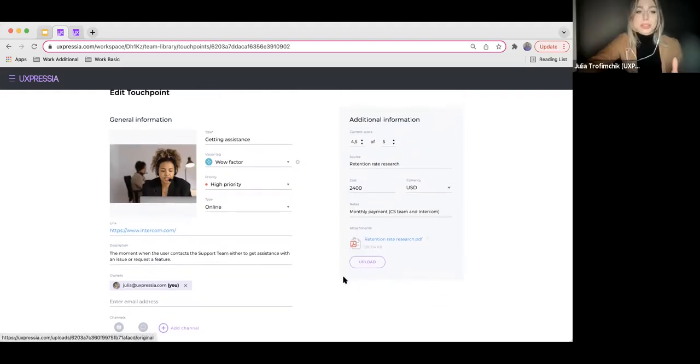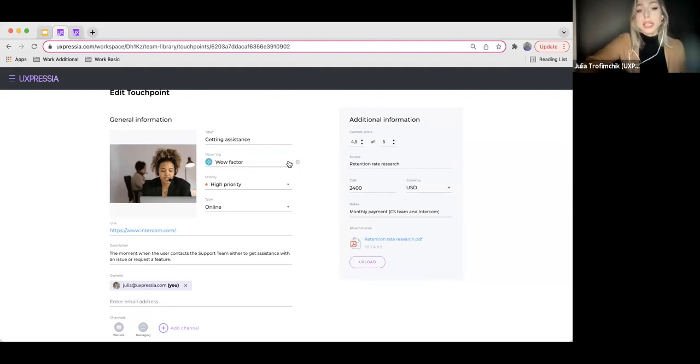If you have some documents that you feel are related to this touch point and you want to store all this info in one place, you can also upload some documents right in the touch point card. Here, I would like to stop on this visual tag field. Now, this is quite useful because it allows you to filter your touch points on the map after you start using them on the map level.